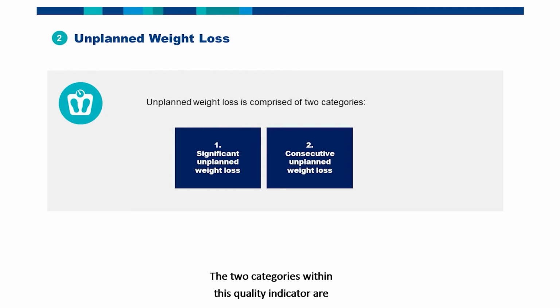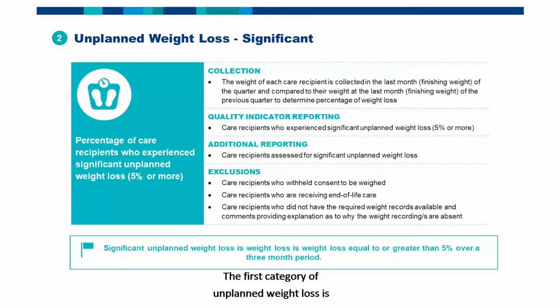The two categories within this quality indicator are significant unplanned weight loss and consecutive unplanned weight loss. The first category of unplanned weight loss is significant unplanned weight loss. Significant unplanned weight loss is weight loss equal to or greater than 5% over a 3-month period. This represents a very large amount of body weight loss over a 3-month period and aligns to the malnutrition diagnostic